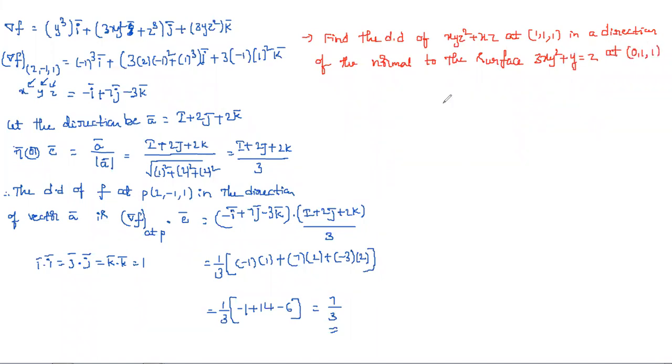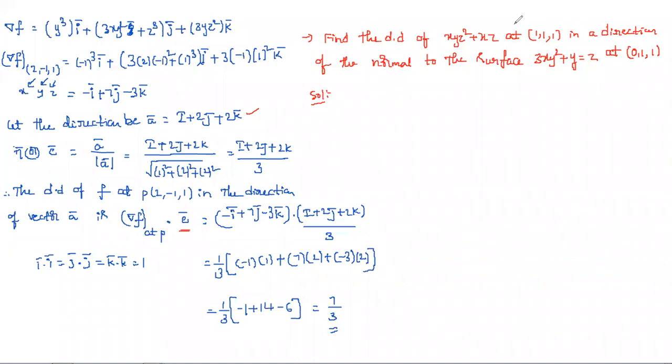So if you observe clearly, what is the difference between the previous problem and this problem? There it is, find the directional derivative of the function they give at the point they give, in a direction. So what direction do they mention? Normal to the surface. It means that you need the normal vector for this surface at this specific point. It means n bar you need to calculate, we should not get it directly. Why? Because they didn't mention the vector. Here what they mentioned is a scalar, and you need to convert it into a vector by using the operator del, and then by using that you need to find the unit normal vector and the remaining is the same as it is.